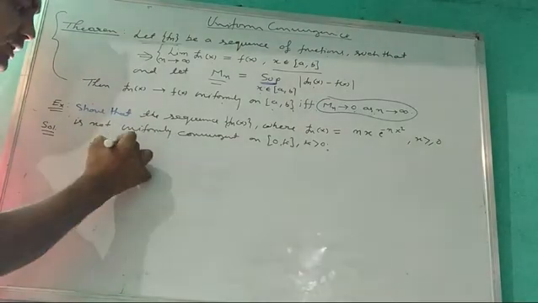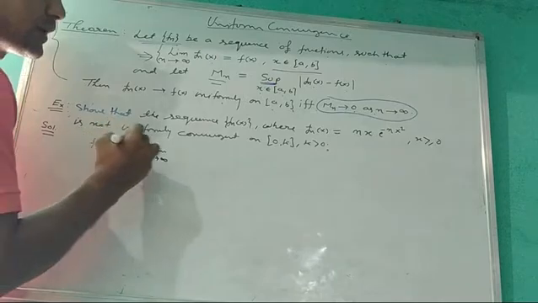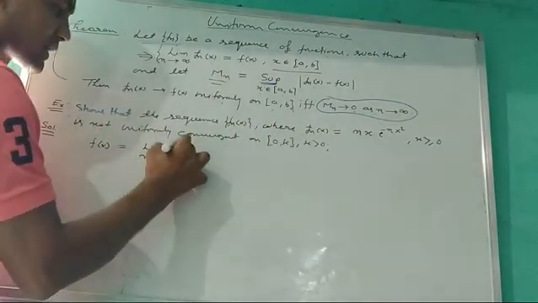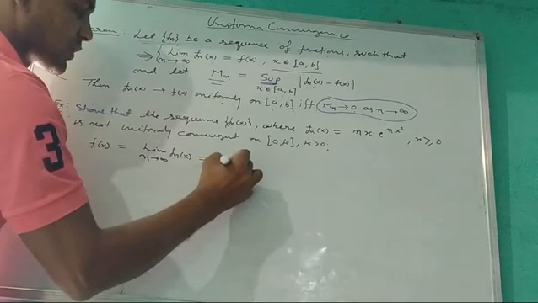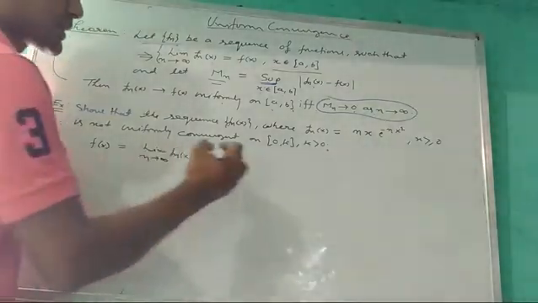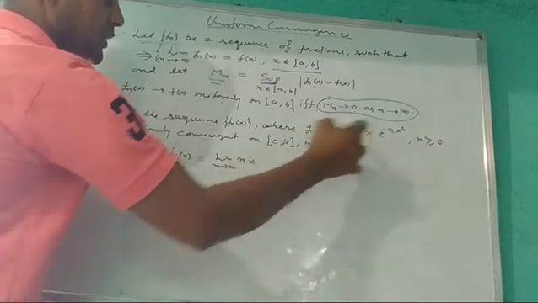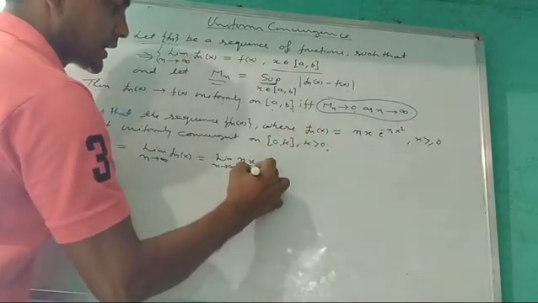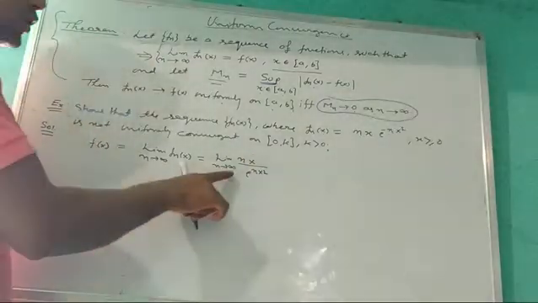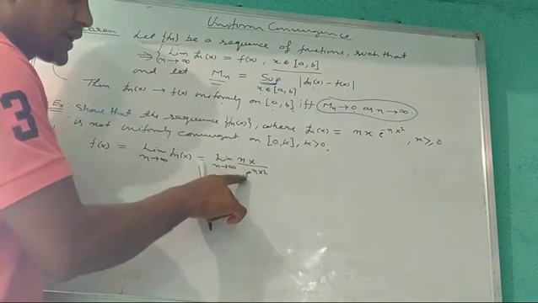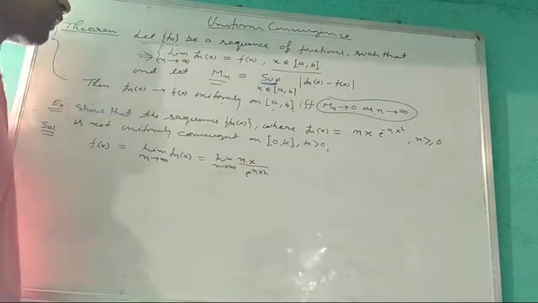So it is equal to the limit as n tends to infinity of fn(x), which is the limit of n x e to the power minus n x square, and we can write this as n x upon e to the power n x square. When we put n tends to infinity, the numerator is infinity, and in the denominator e to the power infinity is infinity. This is infinity upon infinity, and we